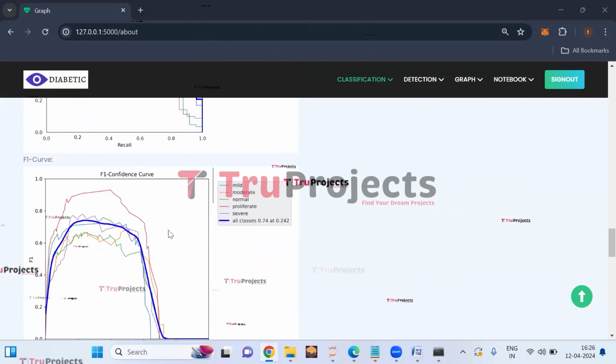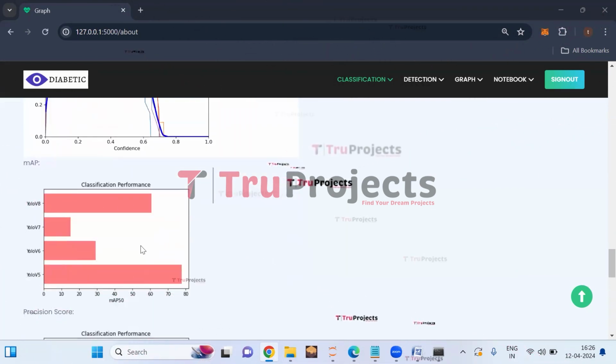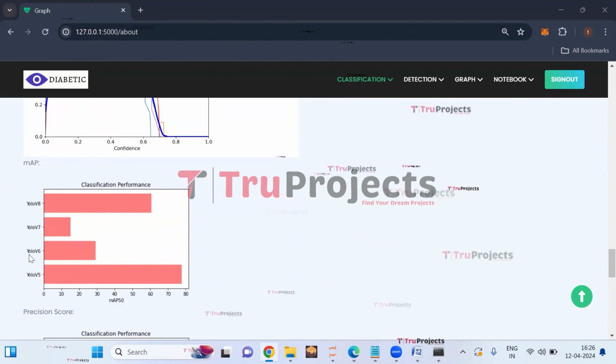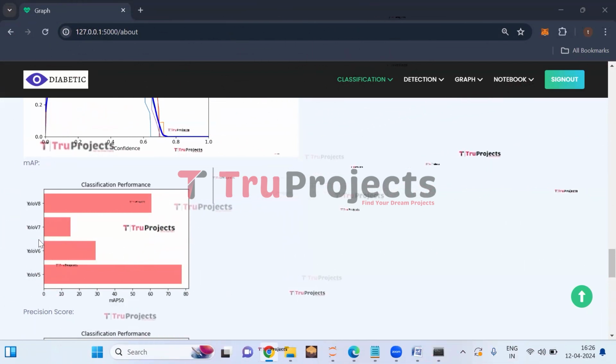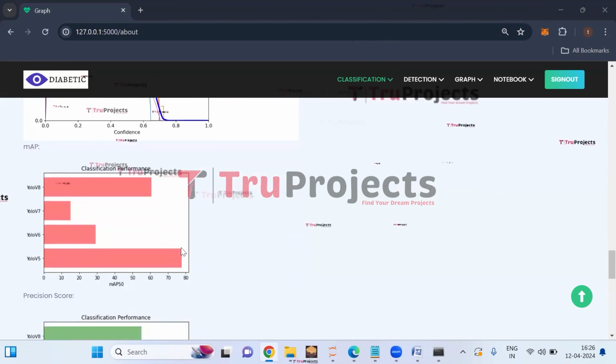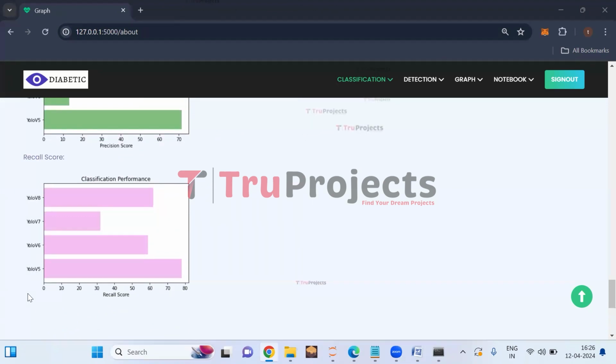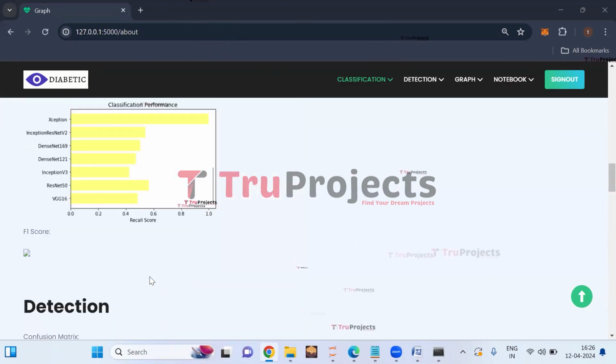This is the F1 confidence curve and here we have the performance evaluation metrics comparison graphs for the detection models, that is for the YOLO models. So this is the mAP comparison graph. This is a precision comparison graph and here this is the recall comparison graph. Now click on